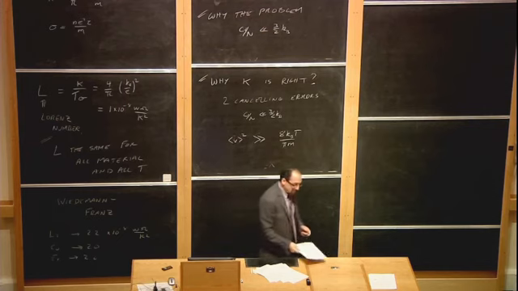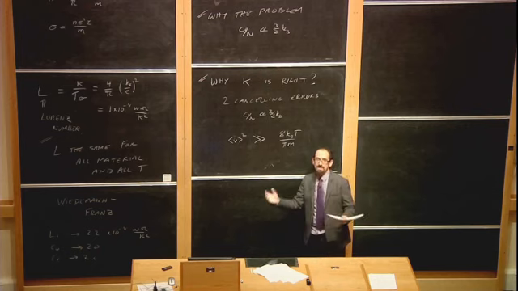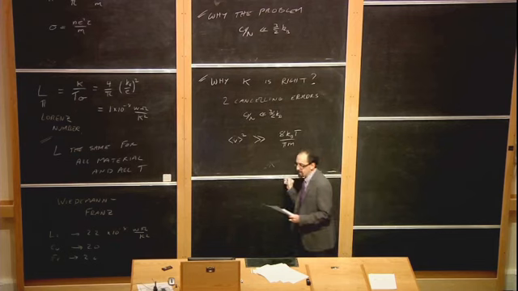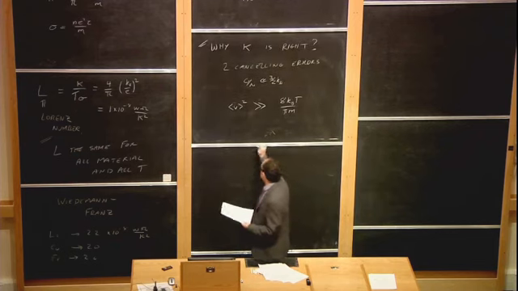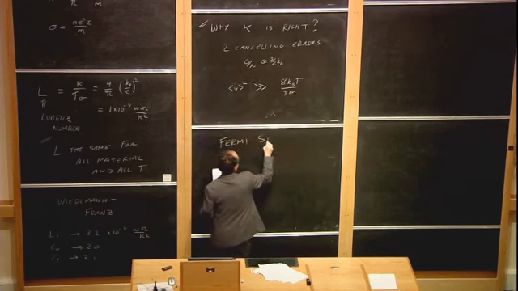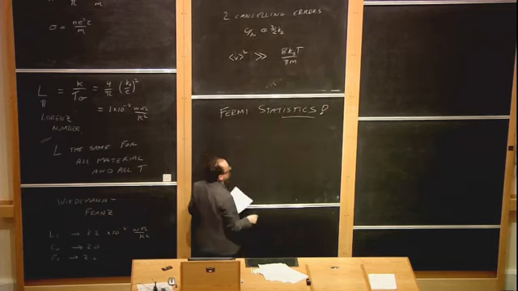So the thing we left out was the Pauli exclusion principle. Electrons are fermions. You can't put all the electrons in the same state. They're not a classical gas in any sense. They're a Fermi gas, and so we're going to have to treat that properly. Maybe I'll write that down because it's really important. Fermi statistics. So we have to deal with that, and that's what we're going to do next.